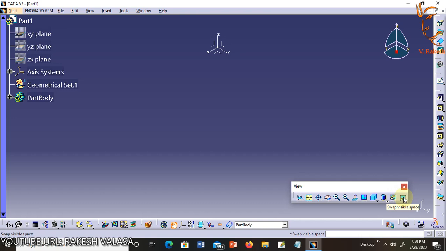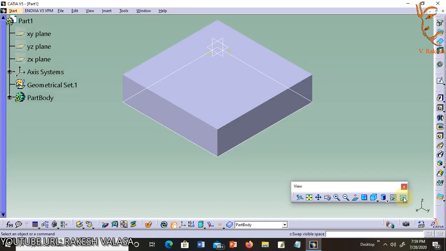The last option is swap visible space. This tool works hand in hand with the hide or show tool. Selecting this tool will take you out of the working space window and into the no show space. To pull an element from the no show space, you would select the swap visible space tool icon. This would show the no show space. You could select the entity you want back in the working space